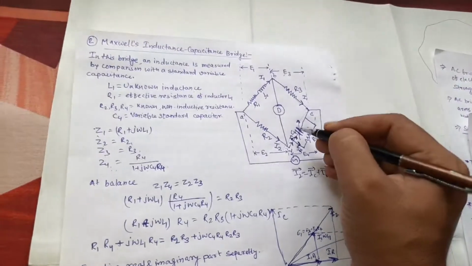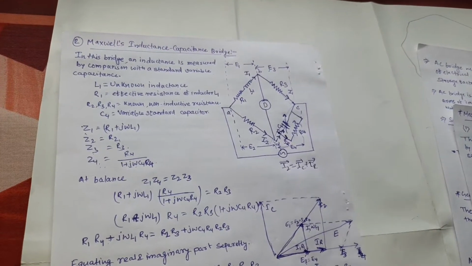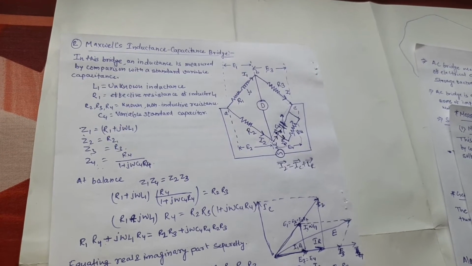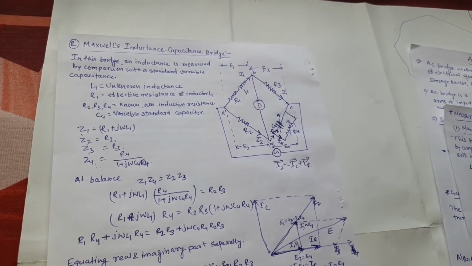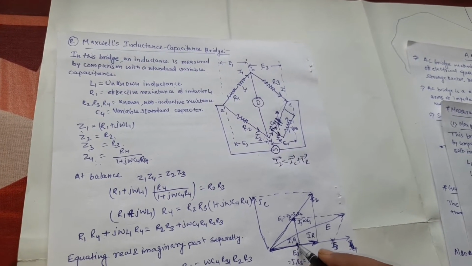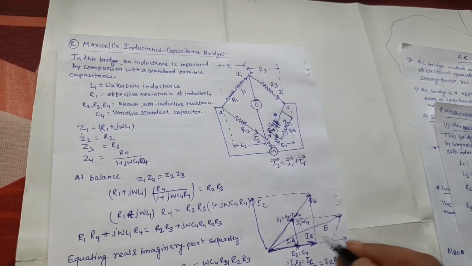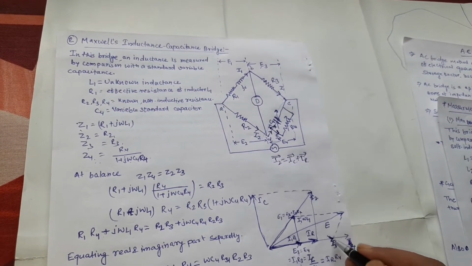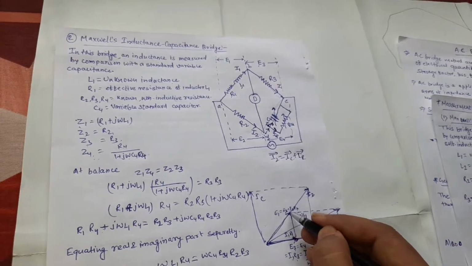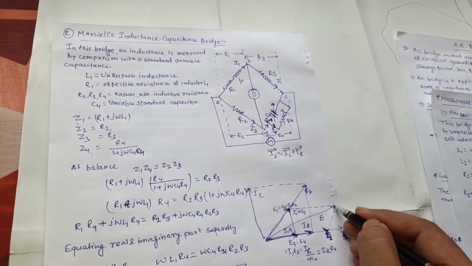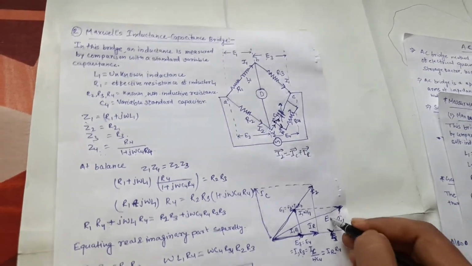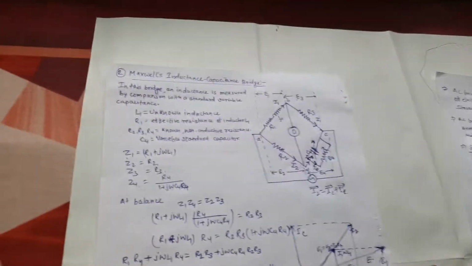So E4 has two components: either you can say IC by omega C4, or you can say IR into R4. Suppose this part is E3, so E3 is equal to I1 into R3 plus E1. So E3 plus E1 is equal to the total applied voltage E. In this way we can draw the phasor diagram of